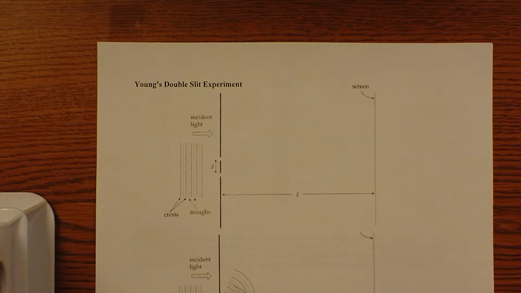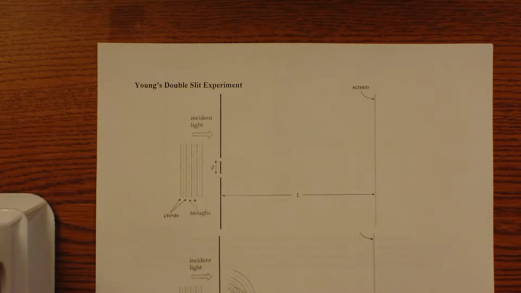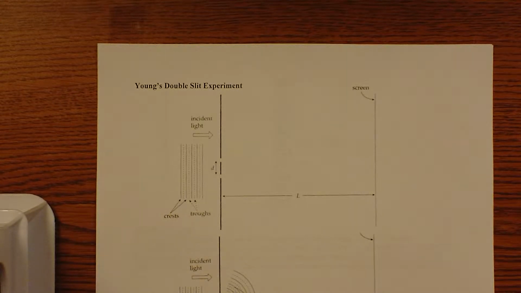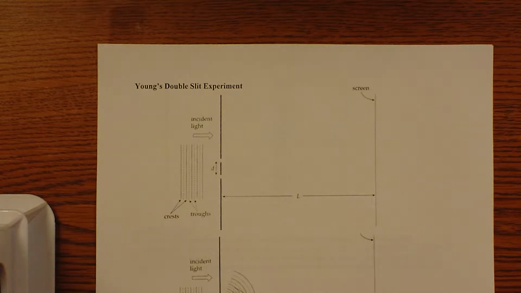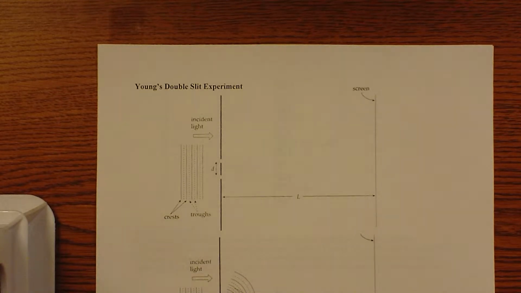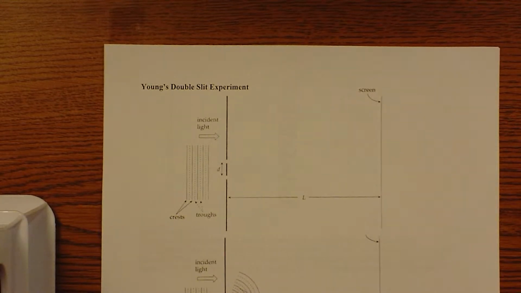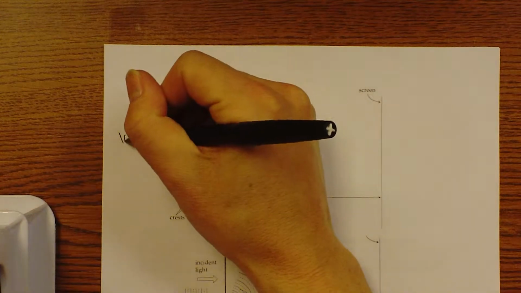In this podcast, we'll be looking at two different optical phenomena that give us evidence of light behaving as a wave. And the first one is called Young's double-slit experiment. In this experiment, we start with laser light,